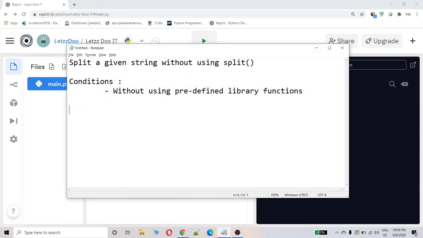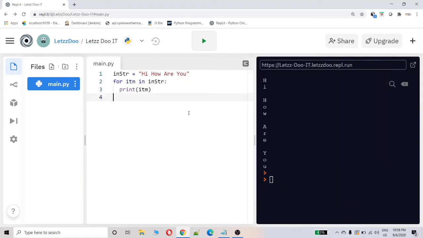Okay, using this logic, let's try to solve the given condition. What I'm going to do is, if item is not equal to space, then, okay, first I need to define one empty string str1, equal to str1 plus item.